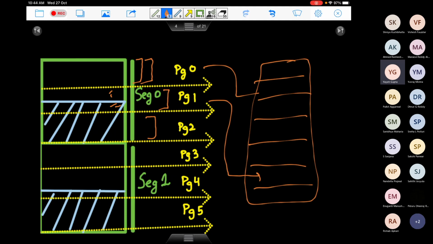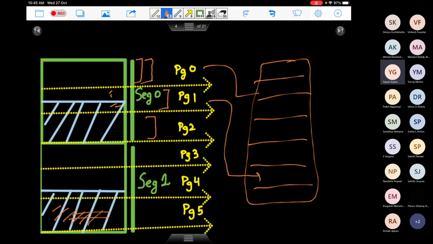Now, if you look at page 2, page 2 has all those addresses which are not being used by the process, right? There is no need to map it. Basically, this page 2 doesn't require any physical memory, right? So you can decide not to give it any physical memory. That will save you space, right? In that sense, space is saved. So in case you have such kind of pages in your virtual address space where no virtual address is being used, you need not allocate any physical memory space to these particular pages.